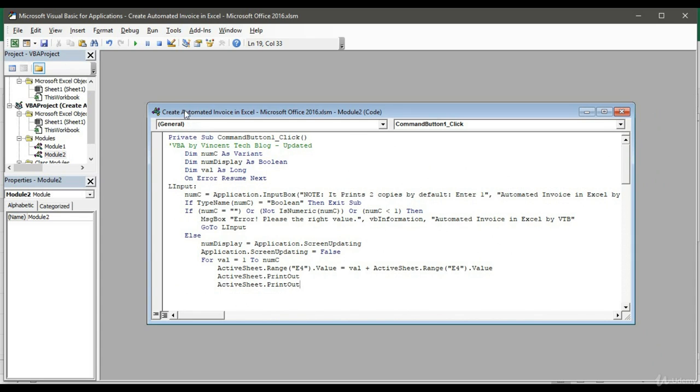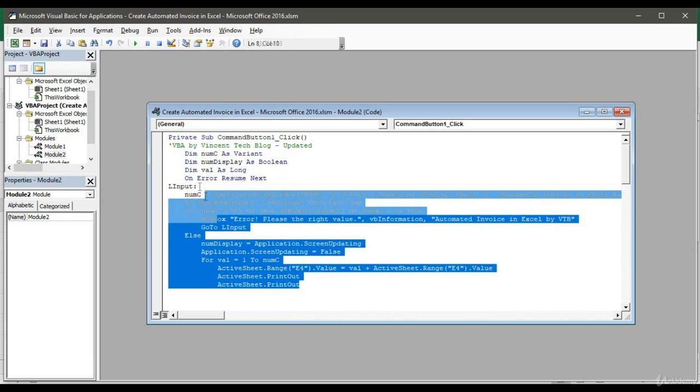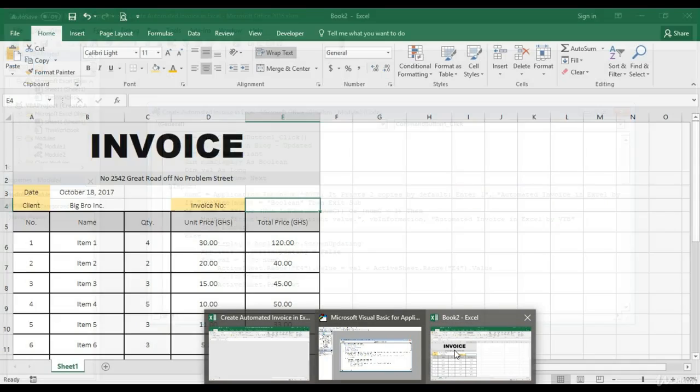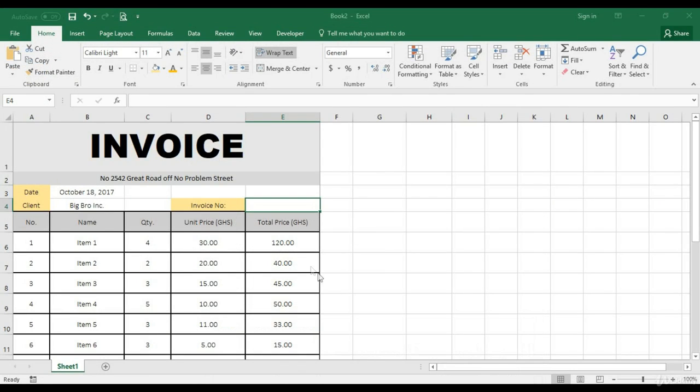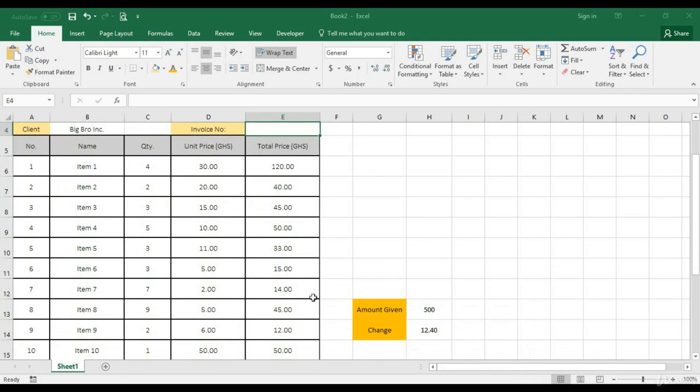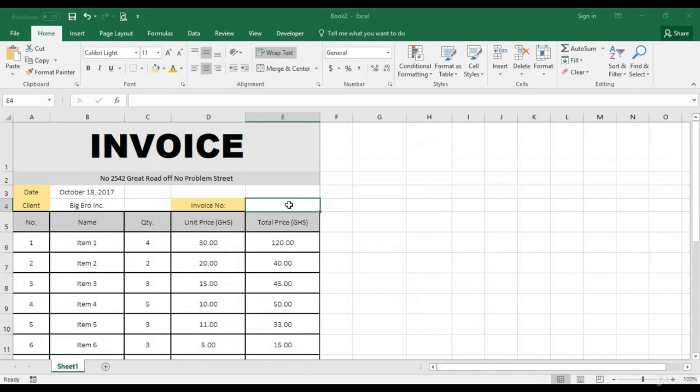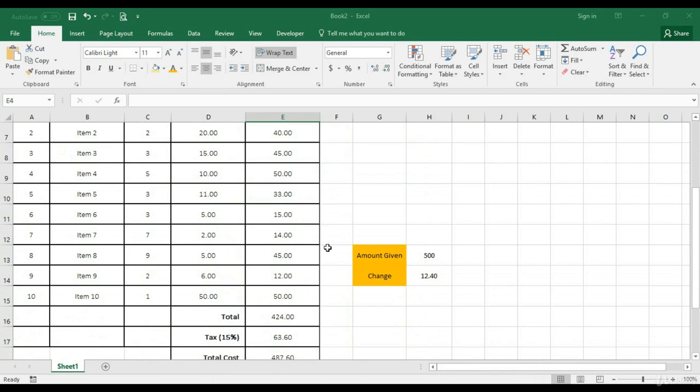Okay, it's working perfectly because I've saved this document as the XLSM macro, M for macro. That is why it's not giving me an error. If you save as just XLS, you're going to get some error message. So ensure you save as XLSM. Alright. Now guys, going back to the document. Okay. To run that script so that this particular invoice will be printed out and a unique code will be generated, all we can do is